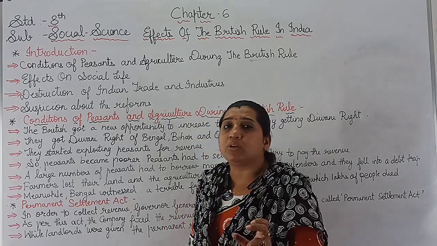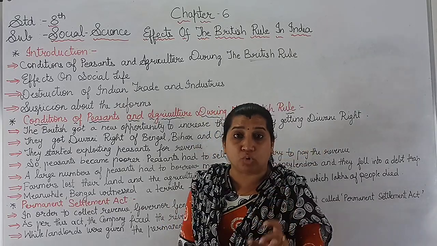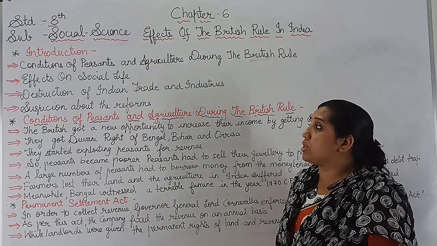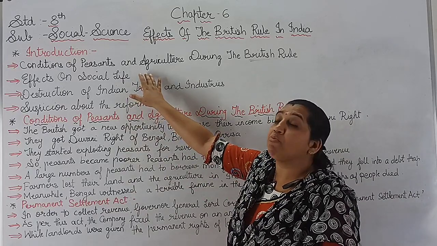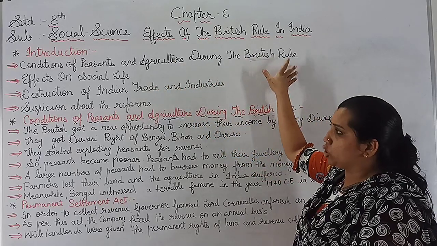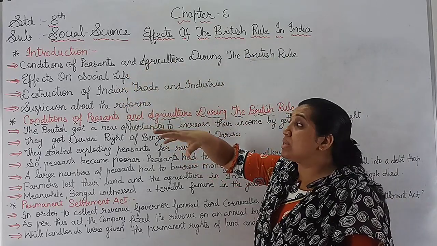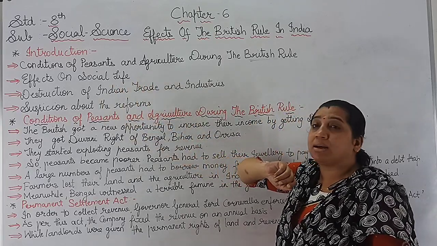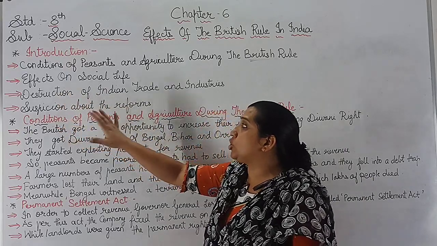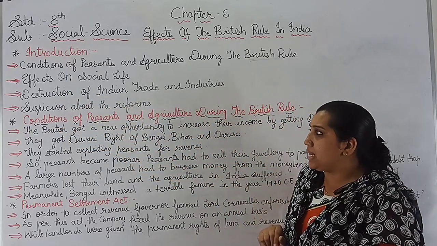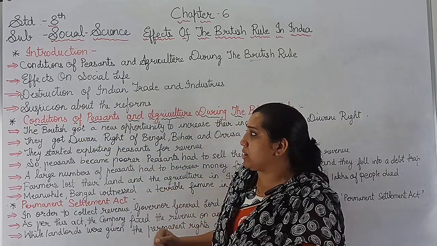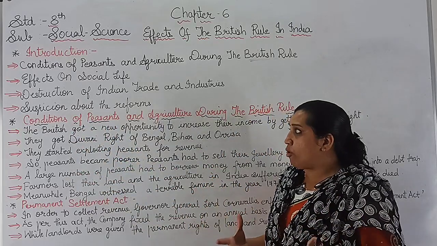So in this chapter we are going to study the effects of the British rule in our country India. The points which we are going to discuss in this chapter are conditions of peasants. Peasants means the farmer, and agriculture during the British rule. The second topic is the effect on the social life of the population of our country India. The third one is destruction of the Indian trade and industries. Then the reforms started by Britishers in our country India, and suspicion about the reforms in our